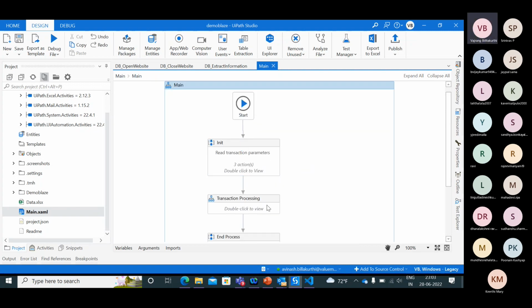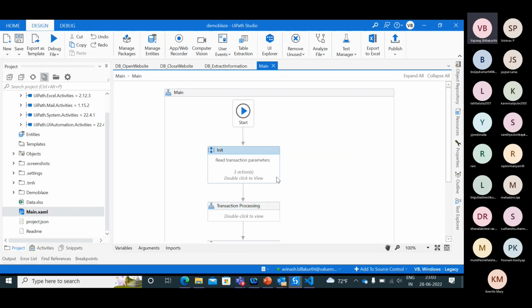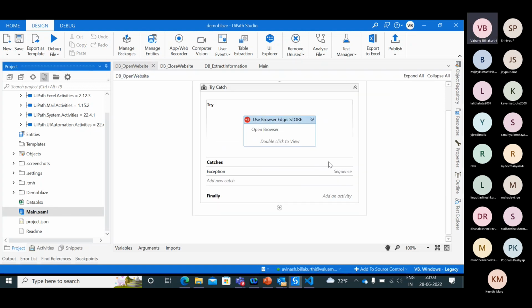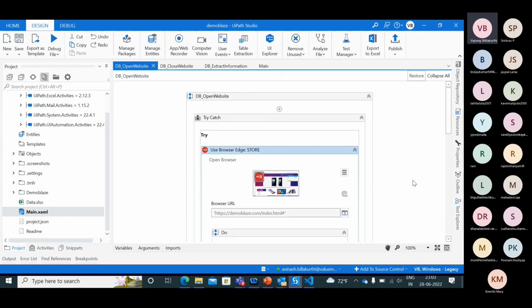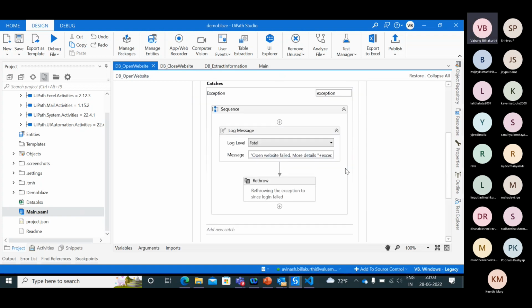Now coming to transaction process. If you have seen this init state, open website, every page or every submodule, I'm keeping it in a try catch block. So if there is any error, I will get to know where it failed.